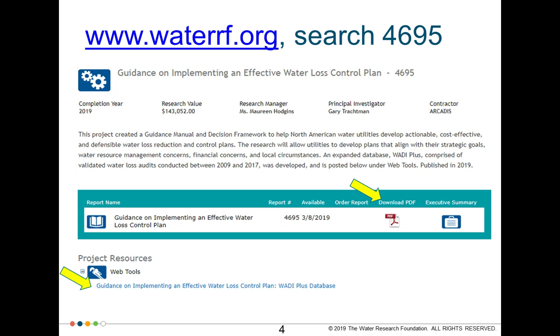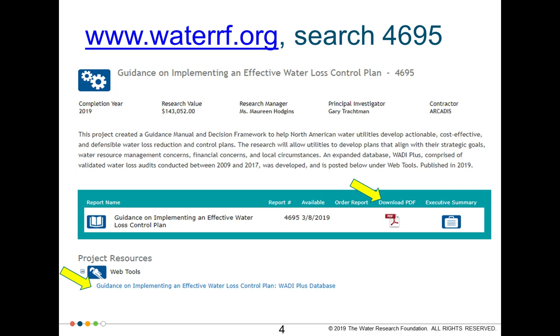I also want to briefly tell you why WRF funded this project. The IWA, AWWA water loss control guidance and research has been out for about 10 years. So utilities have been learning and implementing practices to tackle water losses, and probably the easiest to recover water losses. So WRF decided to fund this project to discuss additional strategies and analysis beyond M36 in the current publications on